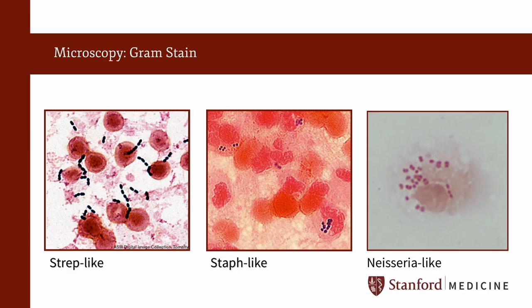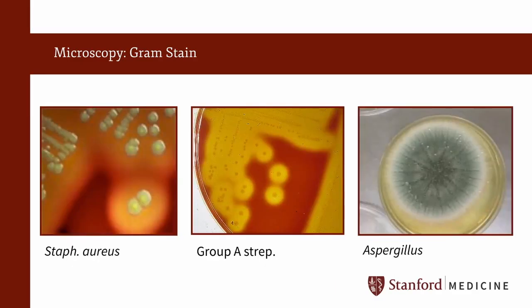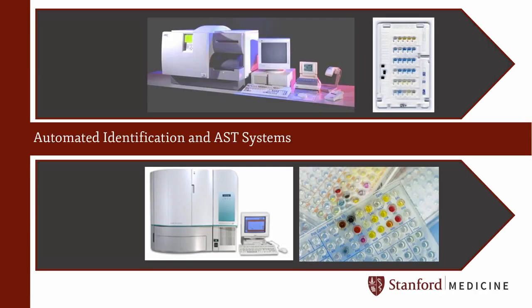The microbiology laboratory uses a variety of conventional and non-conventional methods to guide antimicrobial therapy. The gram stain, one of the oldest tools available, can still quickly tell us if the pathogen is more likely to be strep, staph, or Neisseria. The microbiological culture for bacteria and fungi, which is a gold standard for microbial detection, can also, in a matter of 1 to 2 days, detect non-fastidious pathogens. And conventional automated systems can be used to perform identification and antimicrobial susceptibility testing for bacteria and yeast.